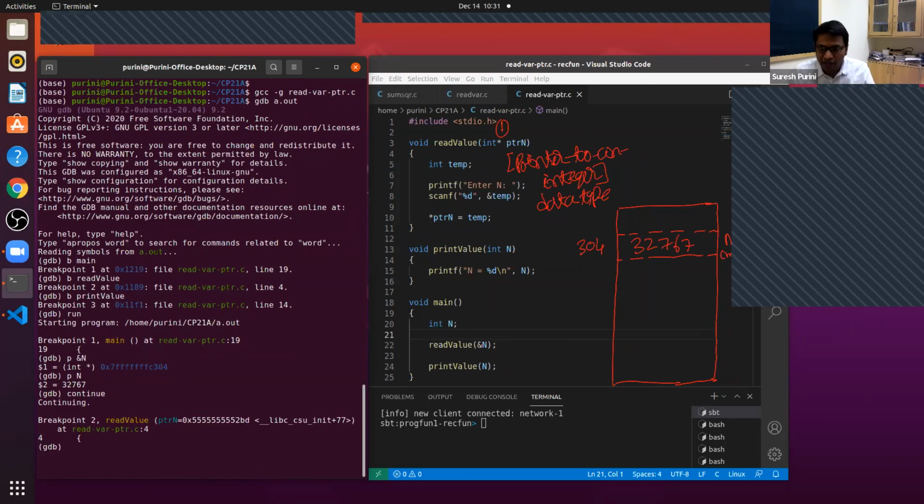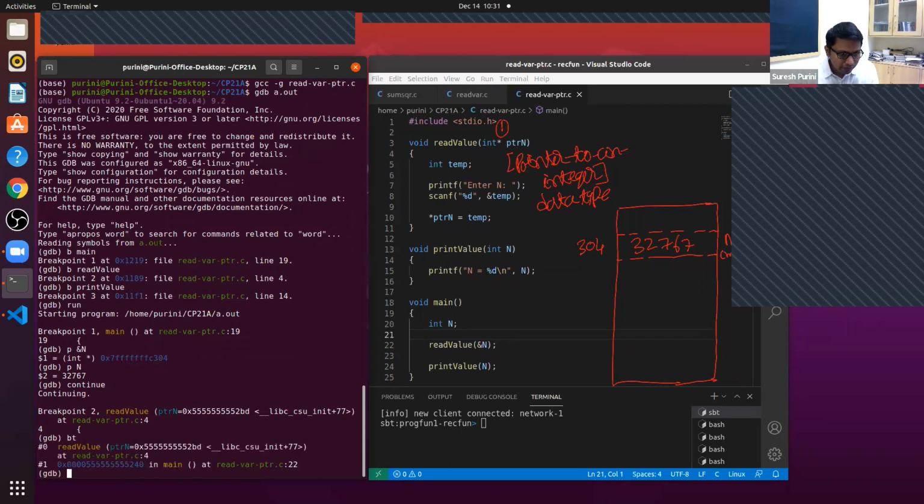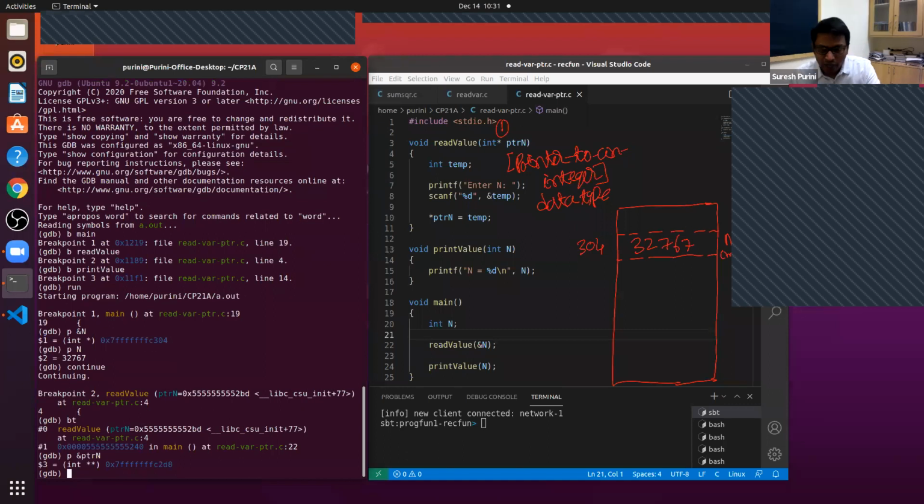On entering read value, what is the address of ptrn? ptrn is a local variable, right? So we print the address of ptrn, and you can see there is some prefix and then 2D8.